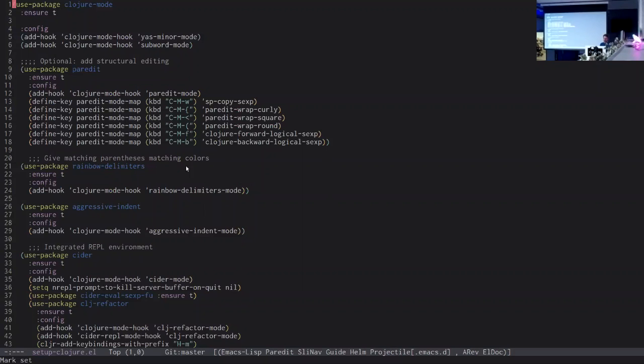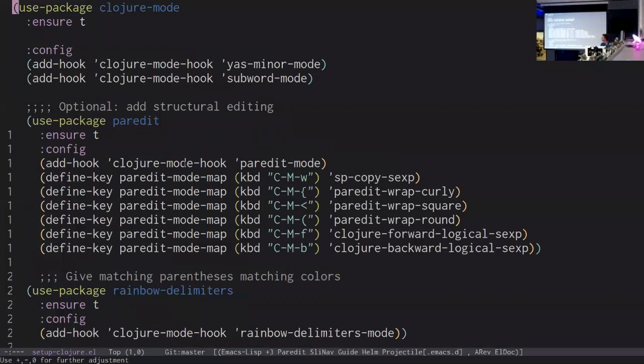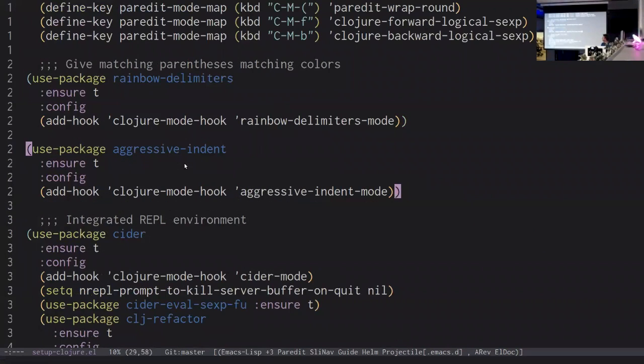It's an eLisp package. So with this, this is my Clojure setup. The top level thing that you will always need is Clojure mode. And then I'm also enabling YASnippet, paredit, rainbow delimiters, aggressive indent, and then Cider. And on top of Cider, I'm adding this CLJ refactor. So they're separate packages, and if you have them both installed,